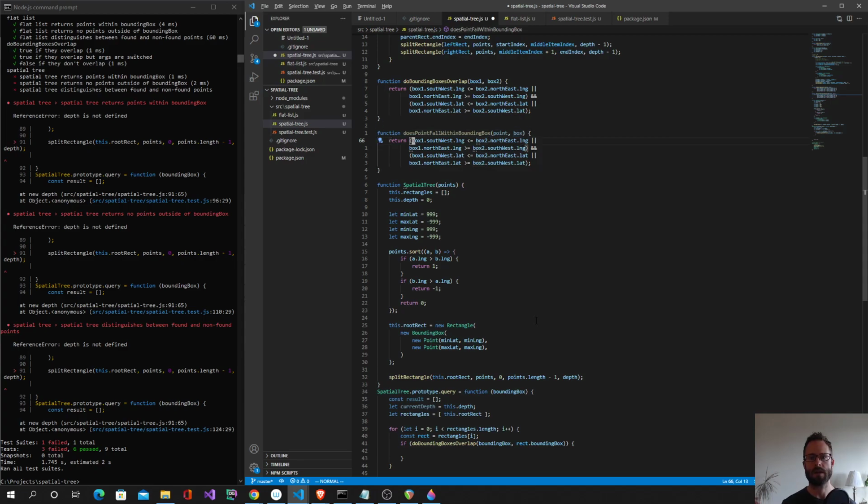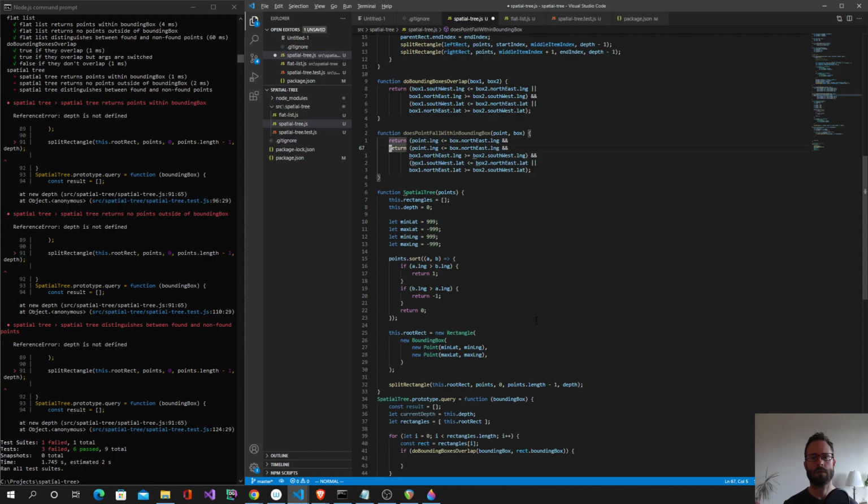And this is going to be point.southwest, or rather, no, point.longitude point.longitude and